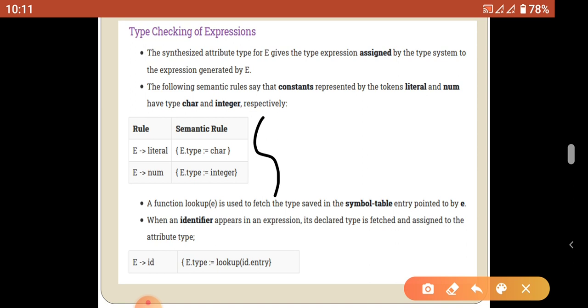So in this given grammar, we can only create a constant as a character constant, that is a character literal. The number should be an integer because only one number type is given. Now come to the identifier. As already discussed, when the identifier is compiled by the compiler, all the information about it enters into the symbol table. Once entered, we can get the information by using the lookup function. Lookup is a function that gets all the information about the identifier from the symbol table.